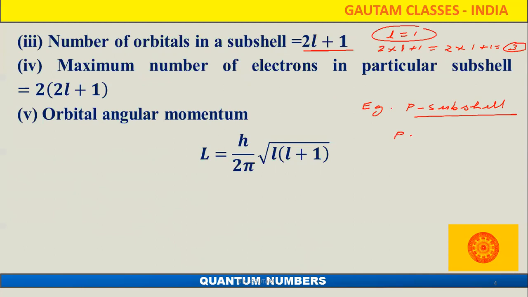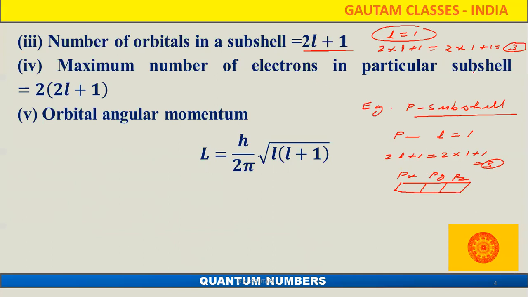you know that for the p orbitals the L value is 1. So by the formula, number of orbitals in a subshell is 2L plus 1. For 1, it is 2 into 1 plus 1. How much came? 3. So 3 orbitals are present in the p subshell. And how do we represent them? The first orbital is px, then py, then pz. Like that we can identify the orbitals for the other subshells also.